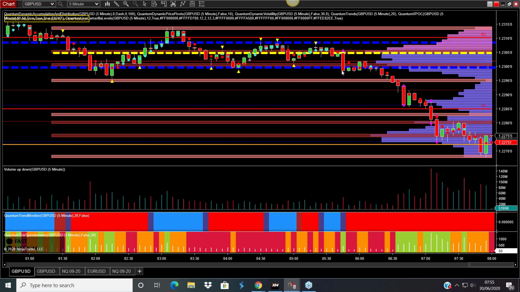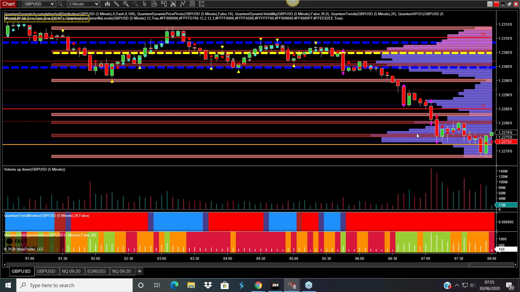We had the break on a volatility candle down through, not a lot of volume, but volume kind of picked up as the move continued lower. We had another volatility candle triggered here. We had a retreat into the spread of the candle, reasonable amount of volume, but not sufficient to push it higher, and then carry on tracking lower. And this move was also tracked on the currency strength indicator and the matrix, and also on the array.